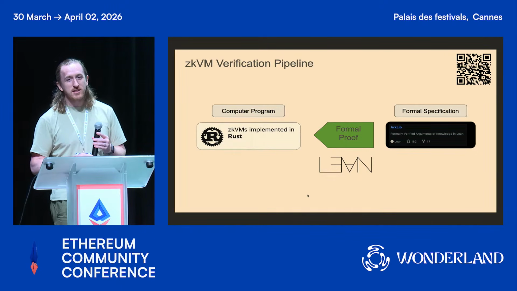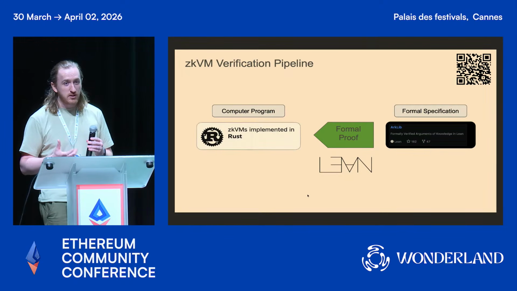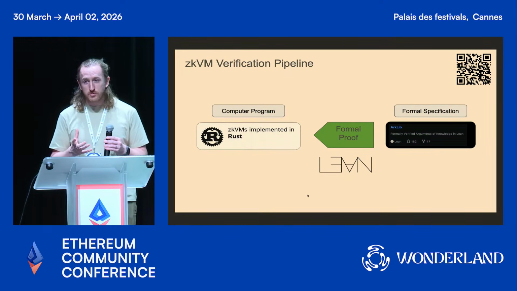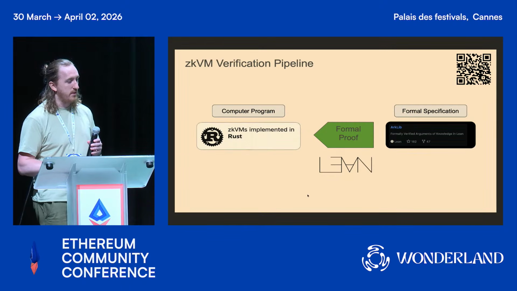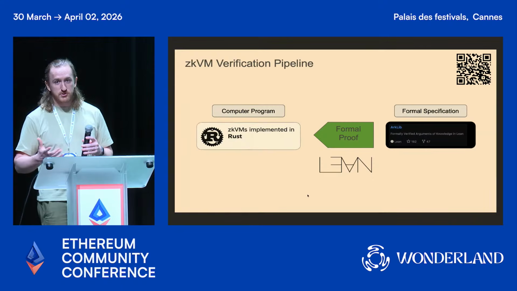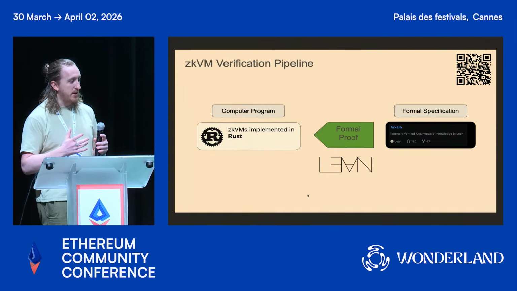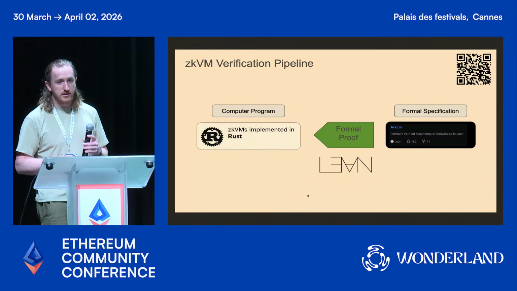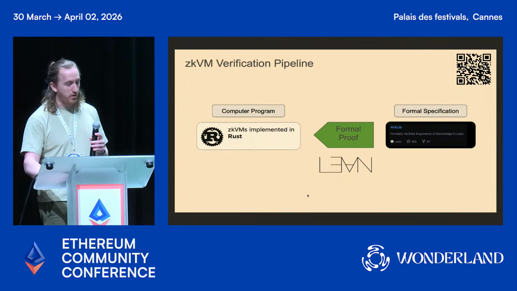And this previously has been so hard to read and reason about that it's been infeasible. But again, with advances in Gen AI, this really empowers us to formally reason at a lower level. And so the exact mechanics of how we will formally verify these things are still being decided, but one way or another we will do it.